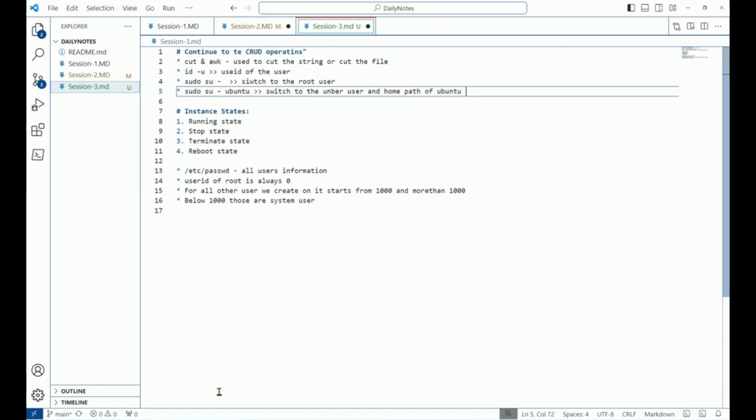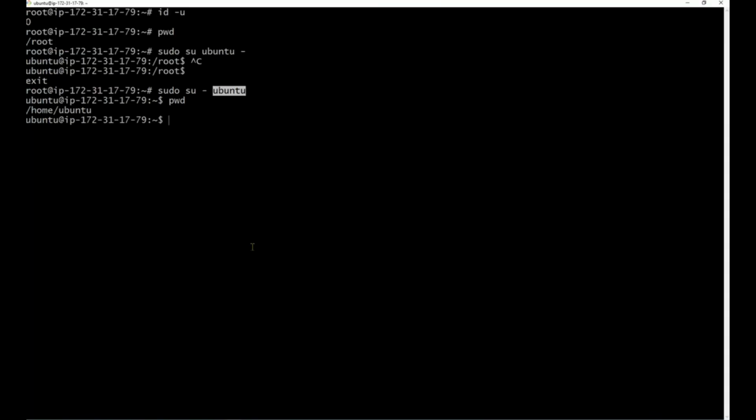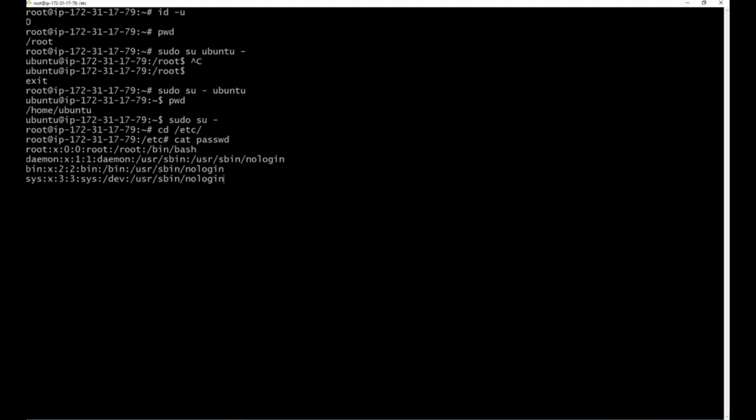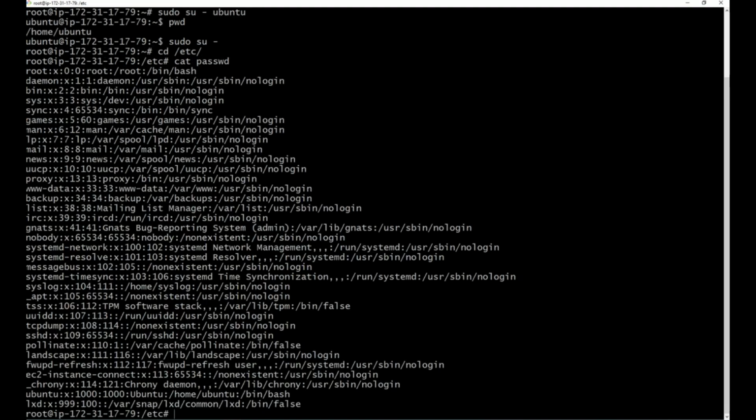So now let's get back to our cat and awk command. I will get into the sudo user, and in here I will go to the folder etc, and I will use this passwd file to practice the cut and awk commands. The cut and awk commands are going to cut the string. So if you take this first line,